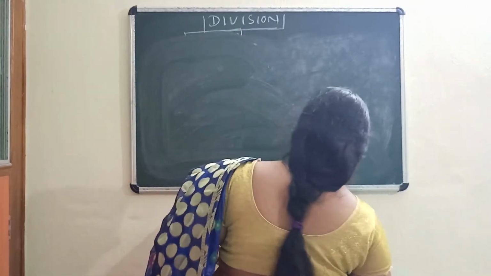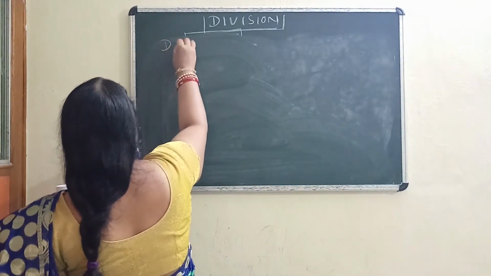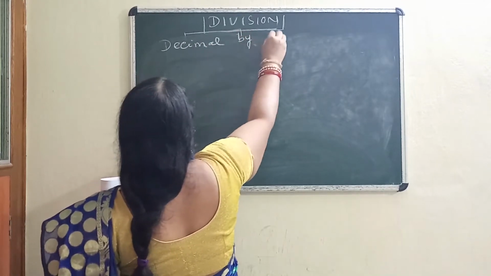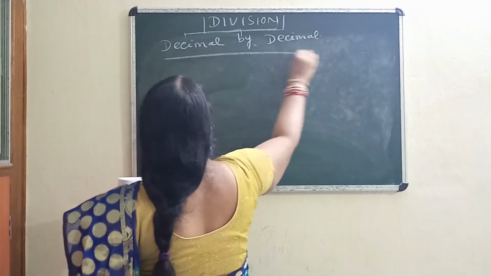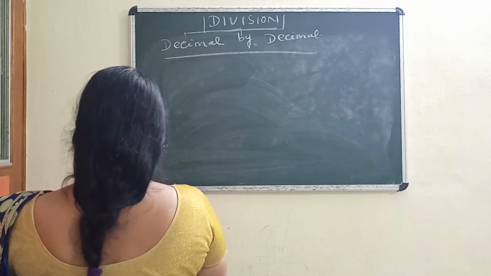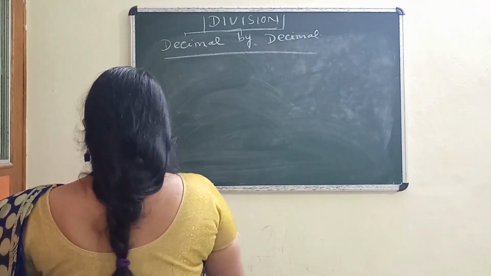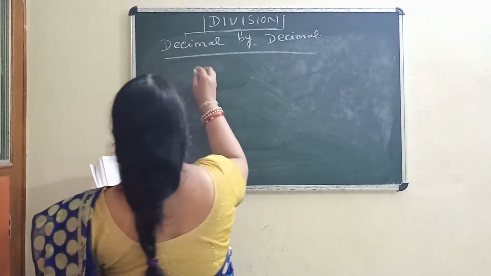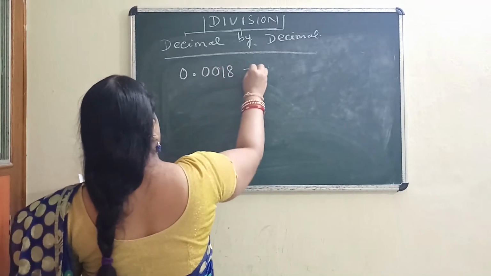How to divide this? Next, come to one decimal number by decimal number. Okay. So how to divide one decimal number by another decimal number? Let me show one example. Suppose 0.0018 divided by